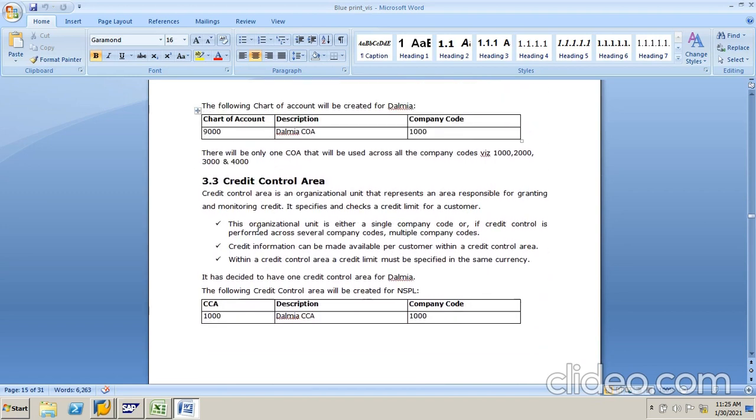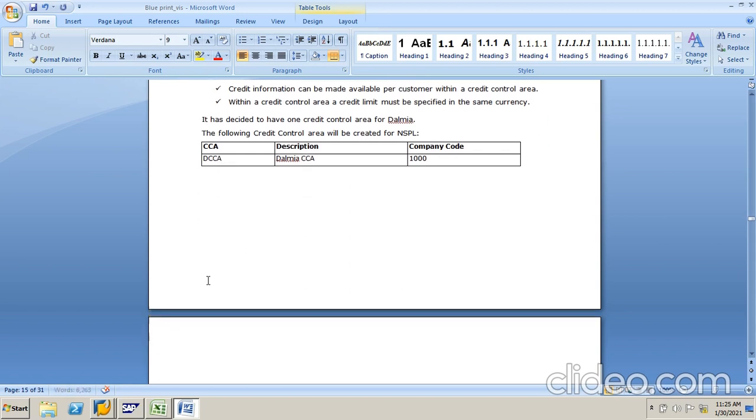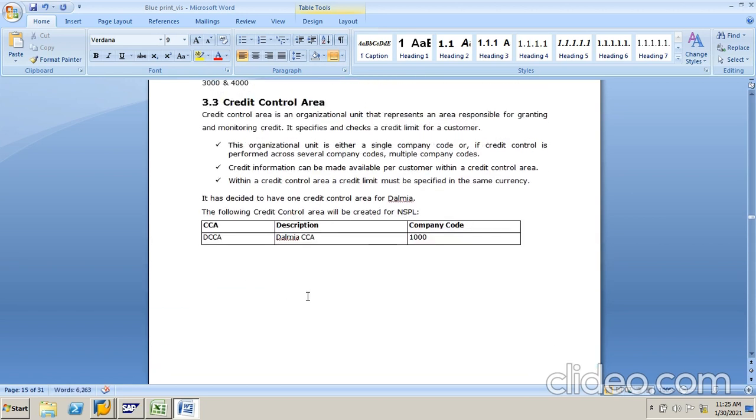So you can see here credit control area. So here they given what is the credit control area, how credit control area will work. So here we are going to take a DCCA as a credit control area code, and company code we did not.